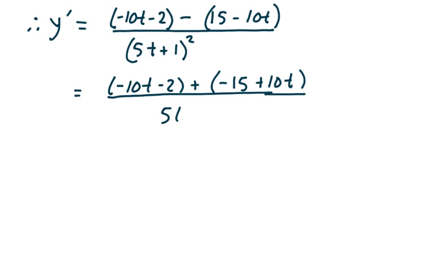And then again, I divide by 5t plus 1 to the second. And I want you to notice how these 10t terms disappear. And essentially we're done. So what this says is y prime is negative 2 plus negative 15 is negative 17